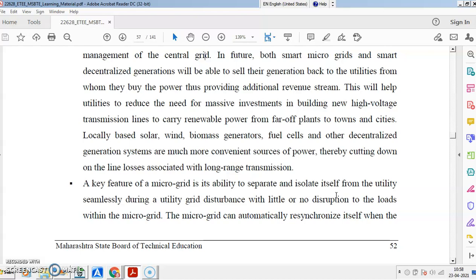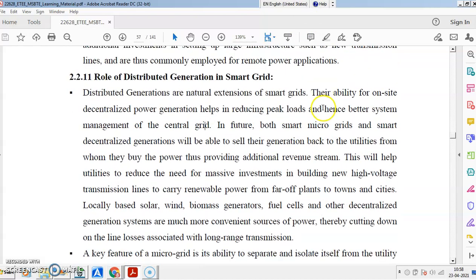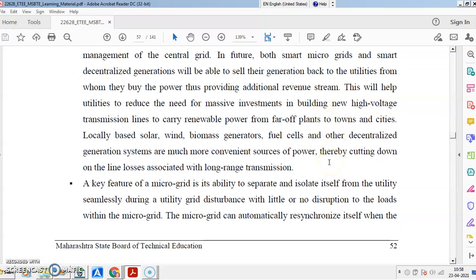So locally we can generate power with solar, biomass generators, microgrids, and micro resources, and we may have a decentralized grid that supplies the load in the local area. If more power is available, these sources will conveniently feed the national or central grid also. This is what we are looking at in future. We are reducing line losses, and the efficiency of transmission also increases. So this is the bigger role of distributed generation as far as the microgrid concept is concerned.